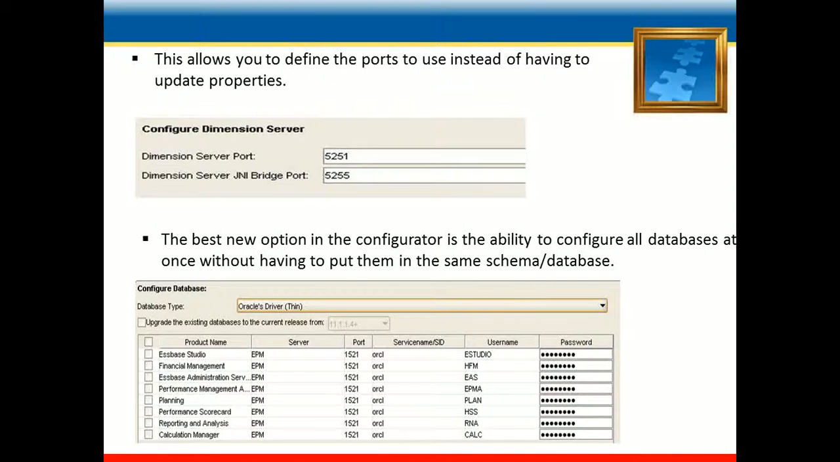And now the best option in the configuration is the ability to configure all databases at once without having to put them in the same schemas and databases. Means we can configure our databases at the same time with different names at once. We do not need to configure them separately with different names. It's a very good option provided